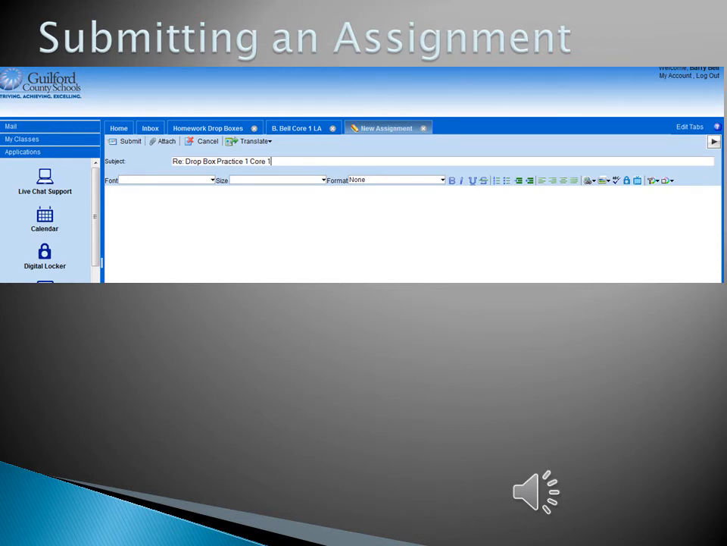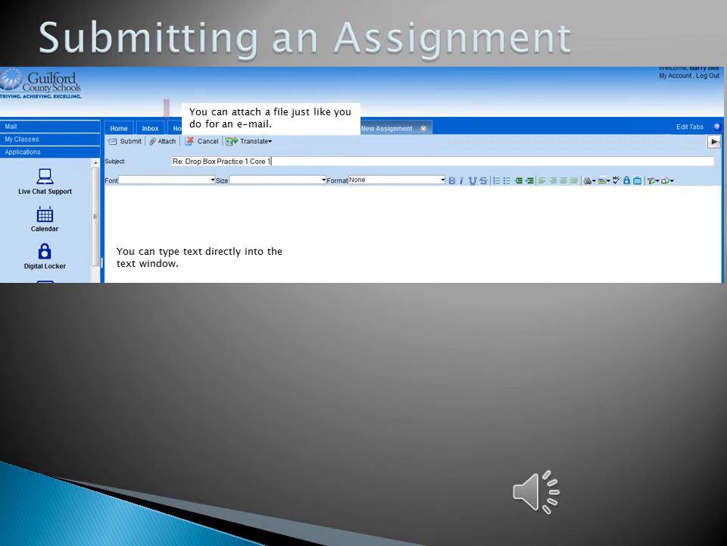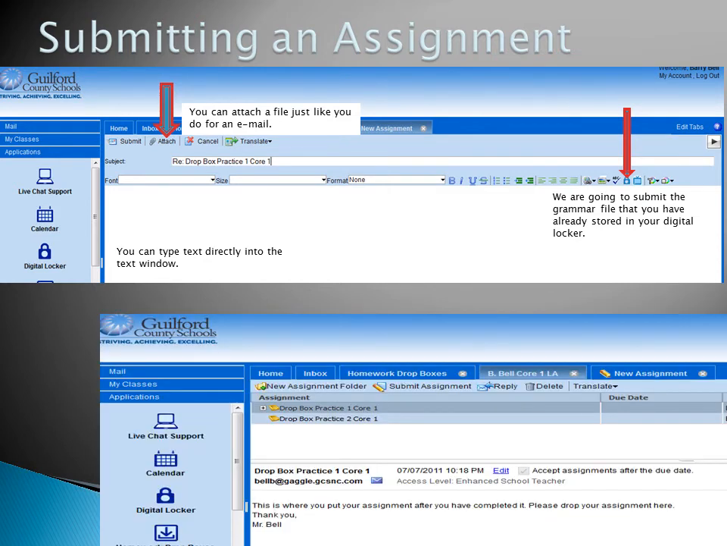You may type directly into the text window of the submission screen. You may attach a file from your computer in the same way you would attach a document to an email, or you may place a file which you have previously placed in your Gaggle digital locker into the text window. Today we are going to use the third option. To do this, you do not need to go back to the navigation pane and open your digital locker. You simply click the Submit Assignment button on the toolbar